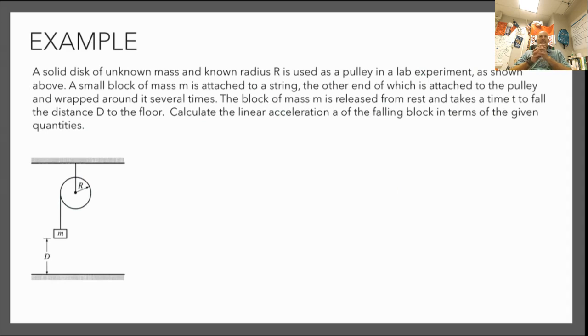The block of mass m is released from rest and it takes time t to fall the distance d to the floor. Calculate the linear acceleration a of the falling block in terms of the given quantities. So this is a derive an expression question. One thing, typically on the AP test, they will give you